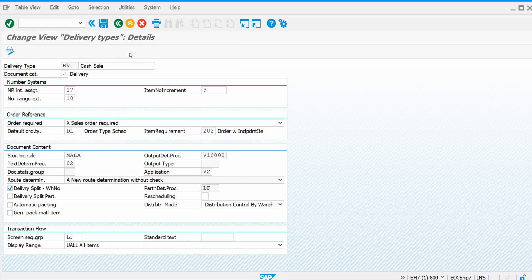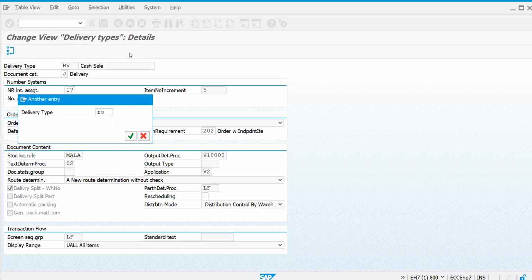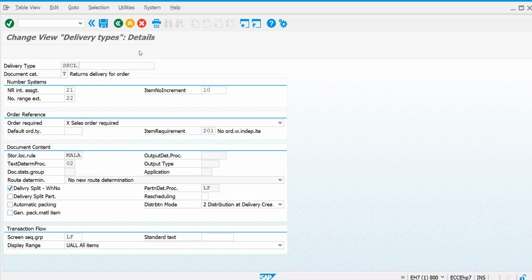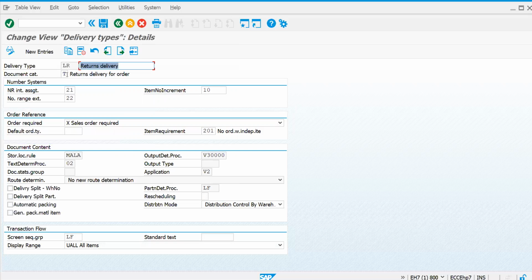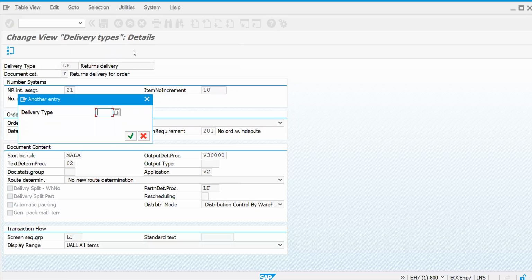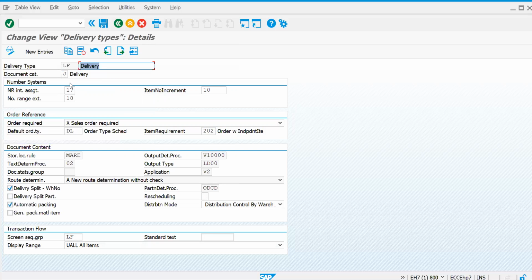Like that, if you go for LR, LR is for your returns delivery. So this is all about your document category. So when it comes to LF or RE, based on document category, whatever the background code is there, it can understand the standard code.